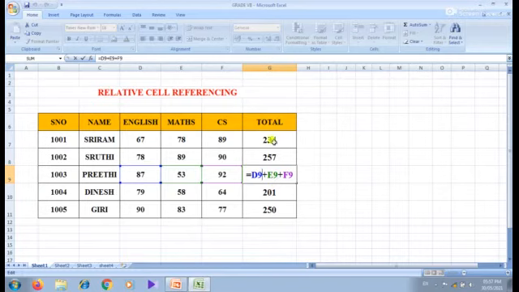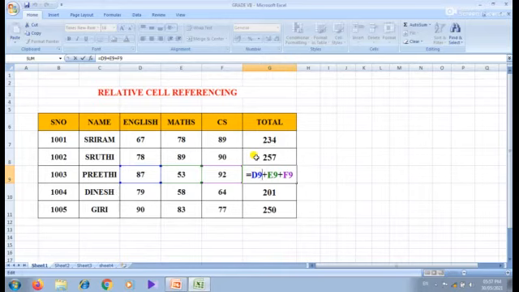So when we copy the formula to all the cells, the cell references change relatively. This is known as relative cell referencing.